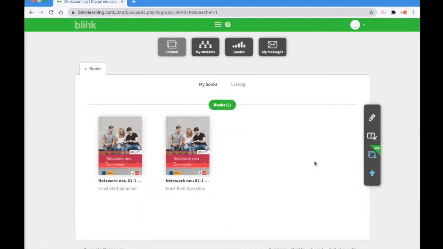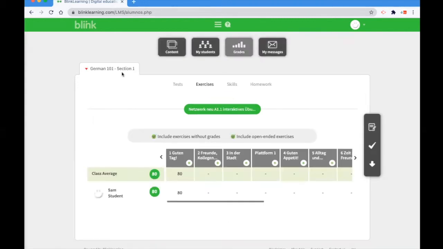BlinkLearning offers two ways to assign homework to your students. Let's begin by navigating to the Grades tab. Here we can see that we have a single classroom titled German 101 Section 1, which contains 4 subheadings: tests,